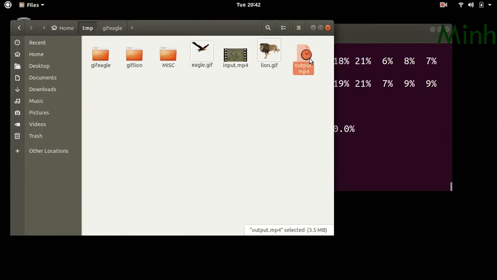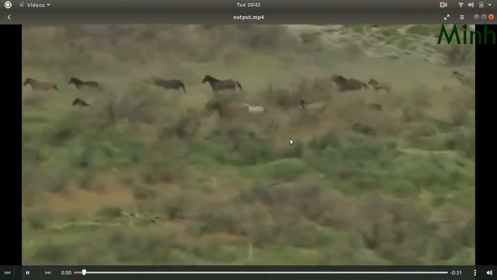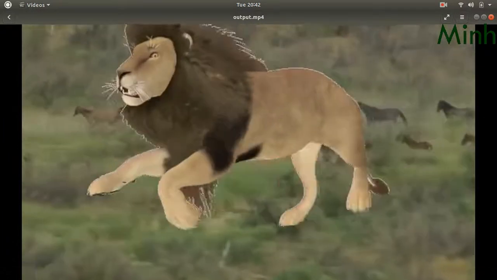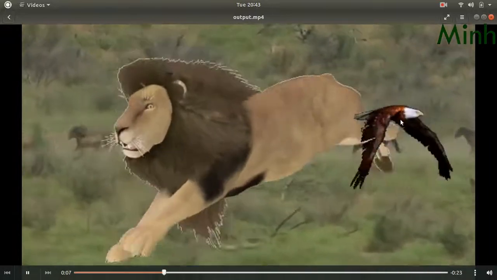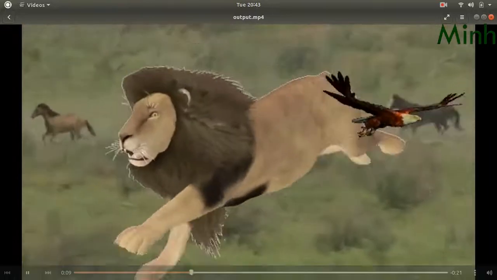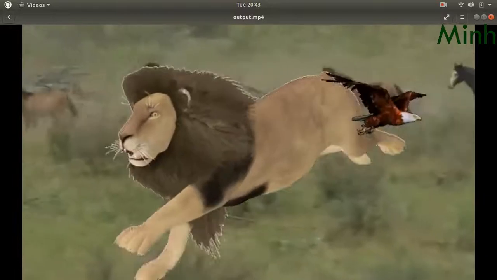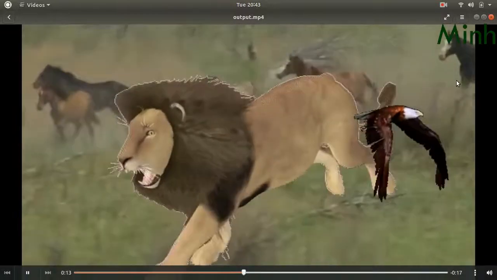Okay. So we'll try the output. The second lion should come, okay, so it is coming, then the eagle should come, so the eagle is coming. So certainly this is very big, the lion is certainly very big.